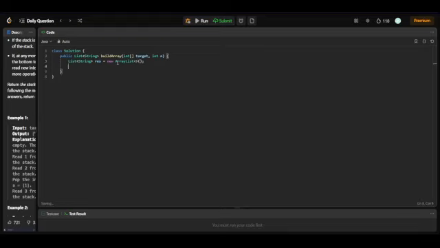Now let's have a variable I that is initialized with 0. And here let's have a for loop, for num in target. While I is less than num minus 1, we'll be doing answer dot add